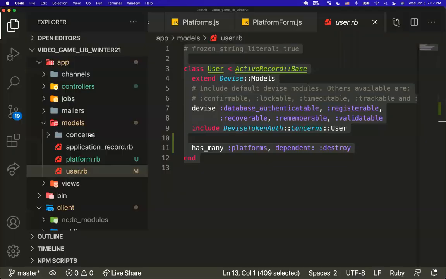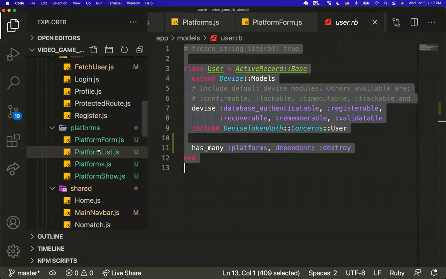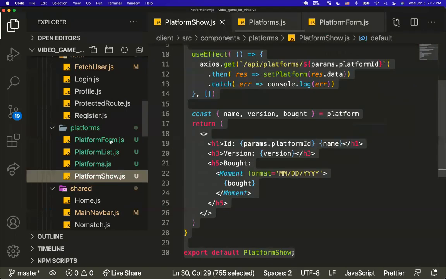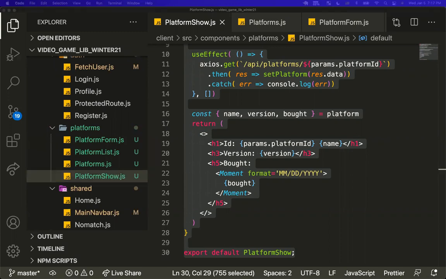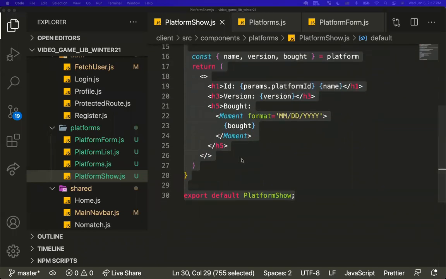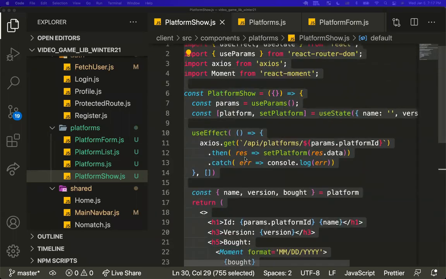That would be inside of the platform show page. And then we also need to update the form because we need to go ahead and have that work like normal. Because right now it only does the individual create. We also need to have it work so that if we are updating, it'll update. If it's not, then it'll create. So we'll write all that logic here. So let's go ahead and